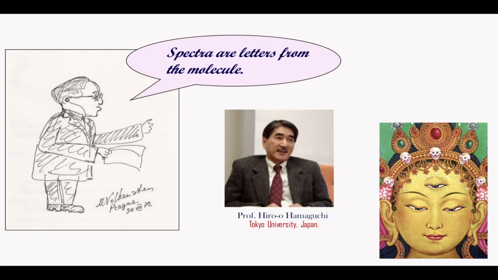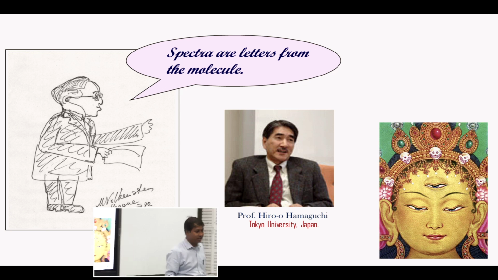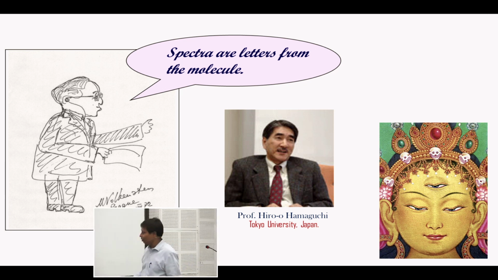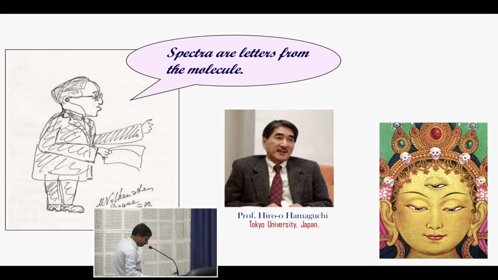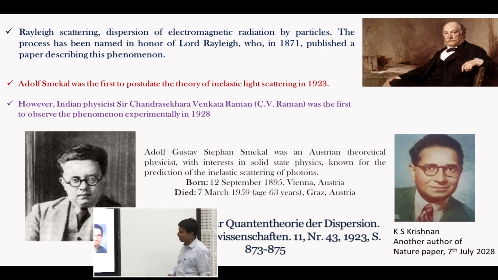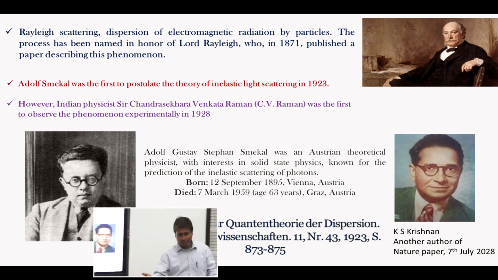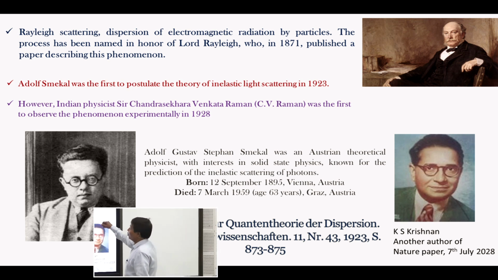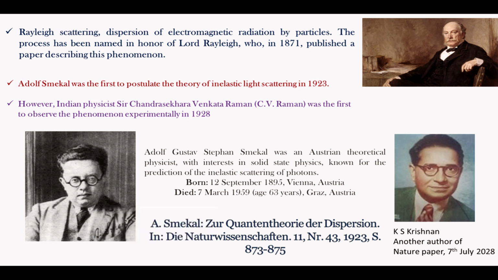His professor said that Raman spectroscopy is a third eye for him. If you can analyze the Raman spectrum, then you really have a third eye, because you know more than what other people know. Rayleigh made his discovery in 1871, and then Adolf Smekal, an Austrian